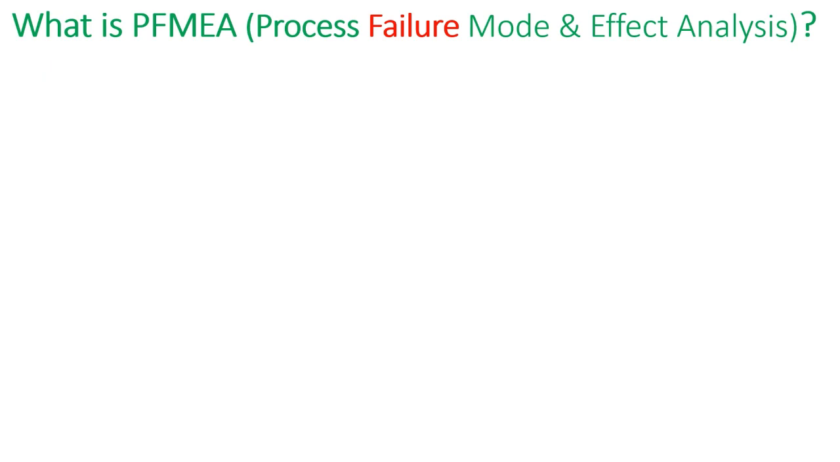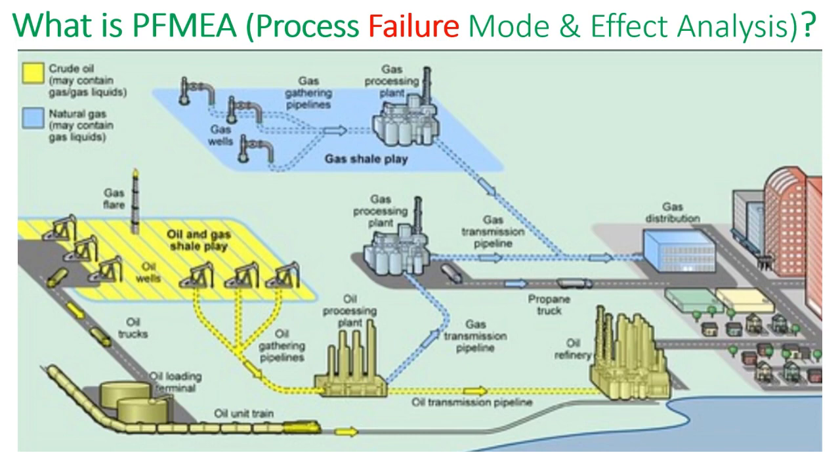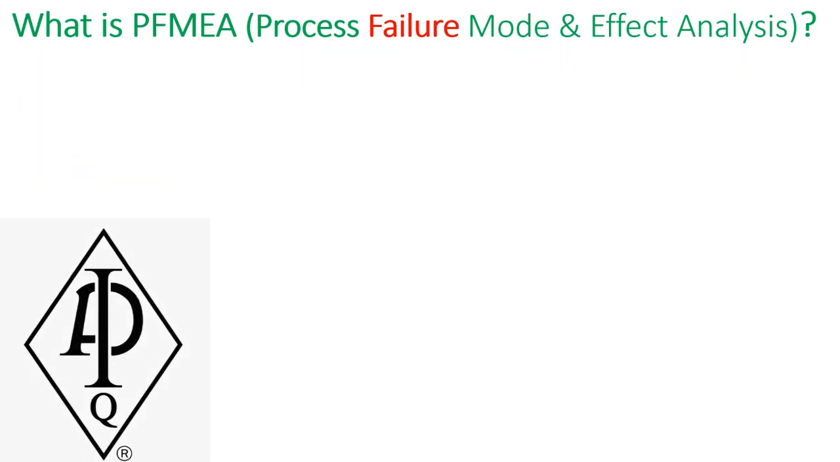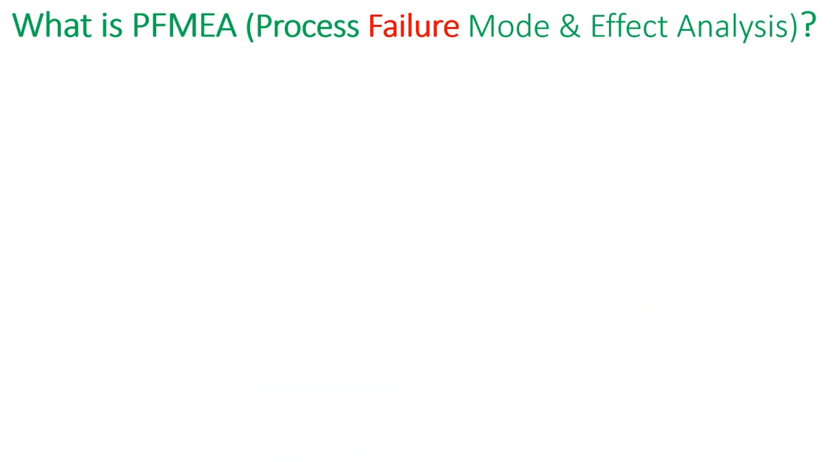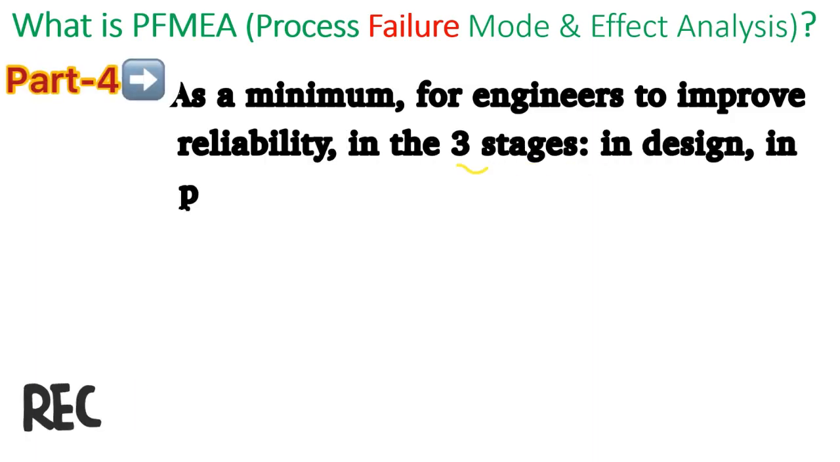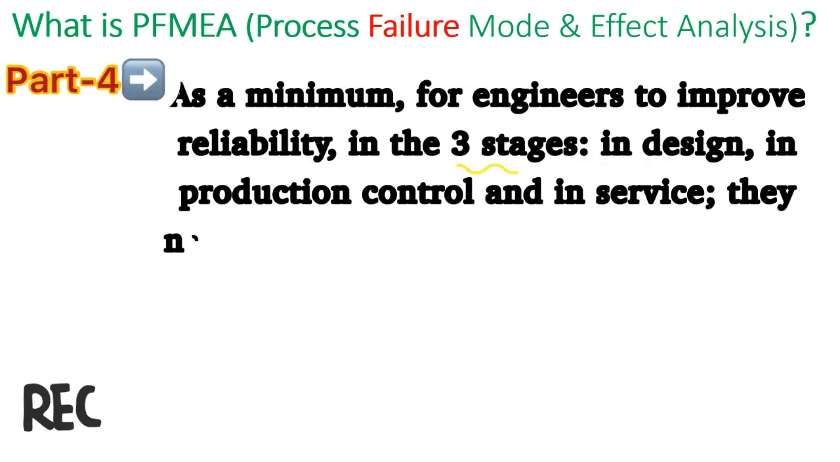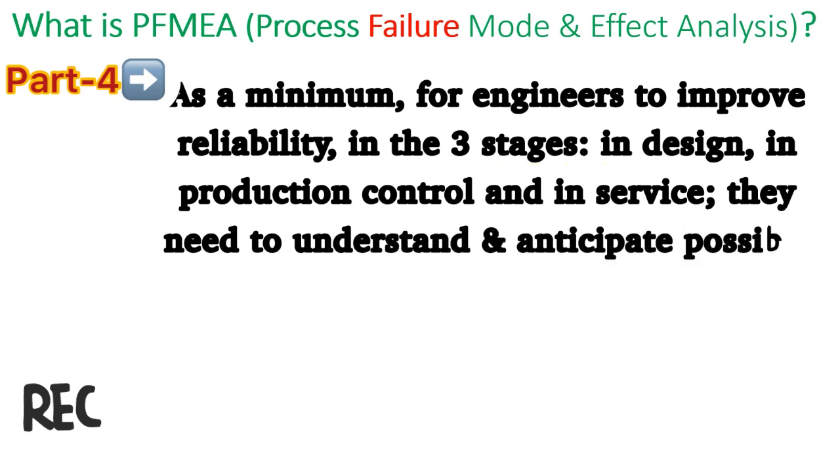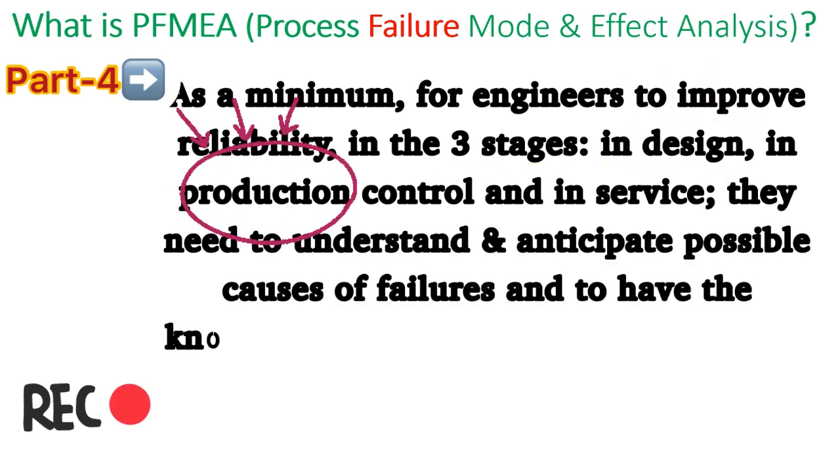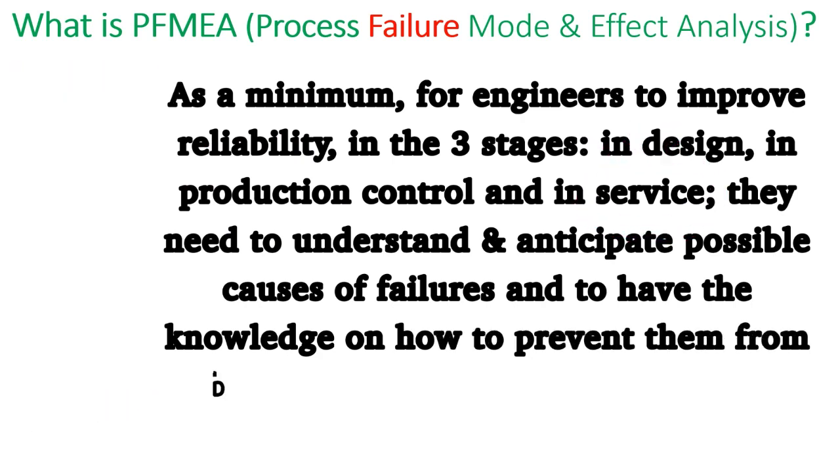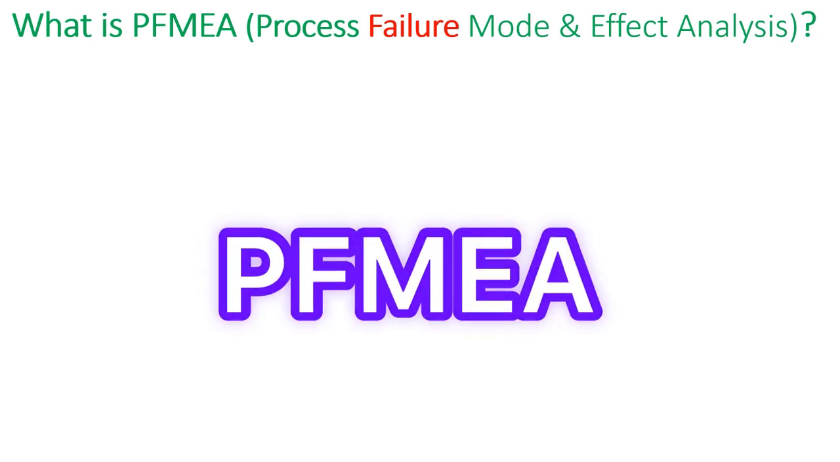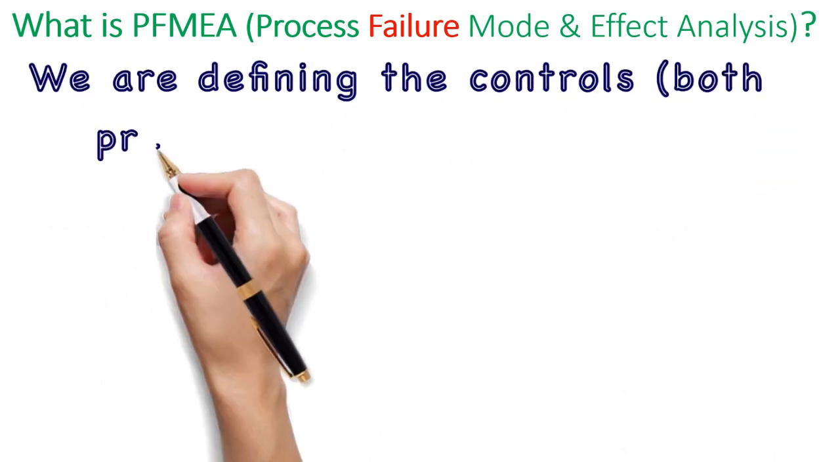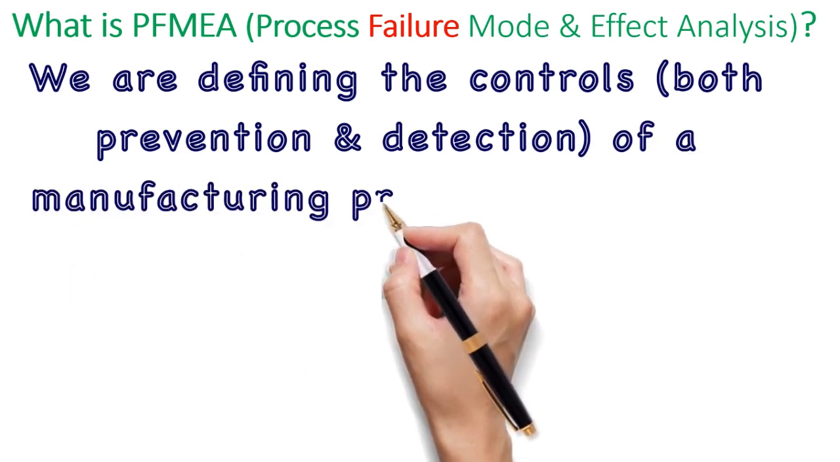And here, as manufacturers of products for the oil and gas sector, we mostly don't really design new products since we are basically following international and client product specifications or certain patent specifications. So among the 3 stages that were mentioned in Part 4 regarding product reliability that need to be considered for risks of failures, and that are design stage, manufacturing process stage, and service stage, our focus here shall be on the manufacturing process, or PFMEA, through which we are defining the controls, both prevention and detection of a manufacturing process,